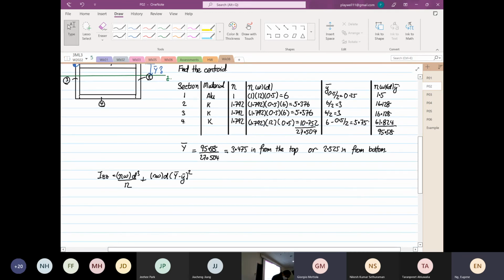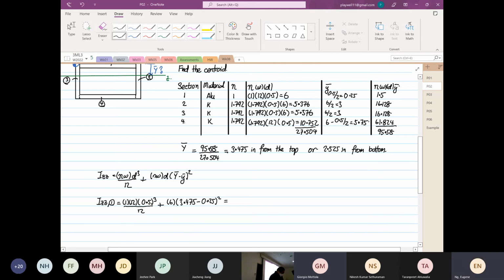Okay, so we are going to do IZZ1 will be equal to 1 times 12, the depth is 0.5 cubed over 12 plus 6 multiplied by 3.475 minus 0.25 squared. Okay, so this will be equal to